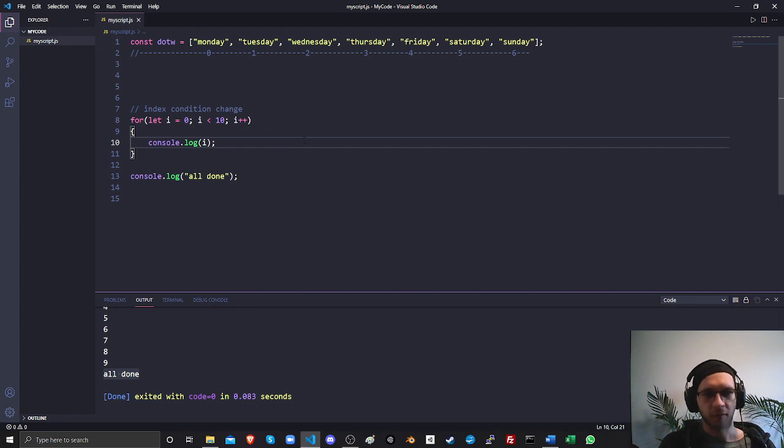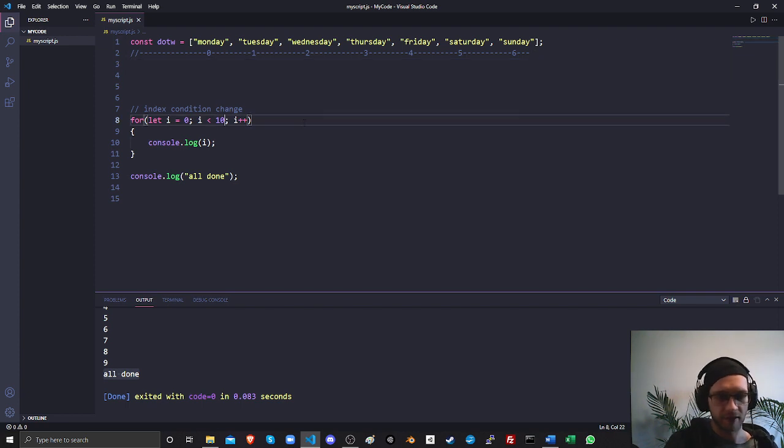Okay, so why would you actually want to do this? One really common thing is going to be within an array. So you can almost see it already. We have indexes, so 0, 1, 2, 3, 4, 5. So as we're going through, we can look at each individual item in the list using that index. Here we have 7 different things in the list. So let's say if i is less than 7,